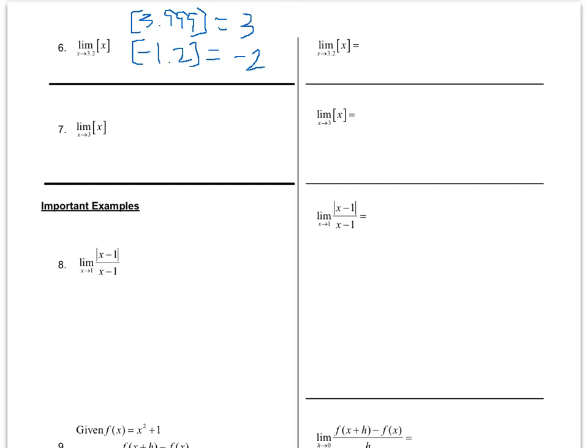I will make this very short and sweet because it's not worth spending a lot of time on, but I just want you to be exposed so if you ever see the brackets again, you'll know what they are. If you have x approaching a non-integer value, all you have to do is substitute into the limit problem, and this will round down to 3. If you have x approaching an integer, though, as in problem number 7, and you plug it in,